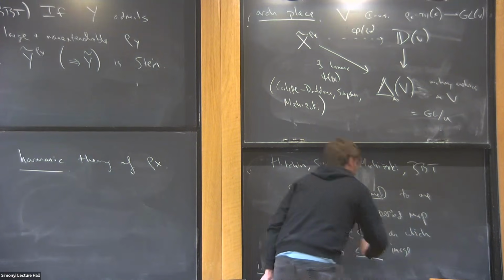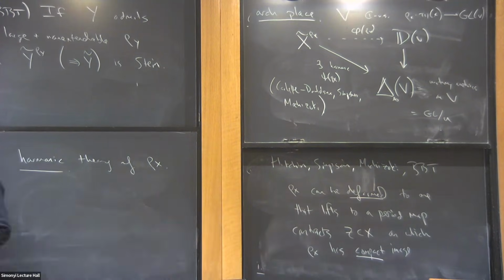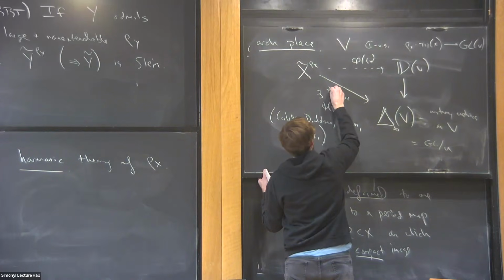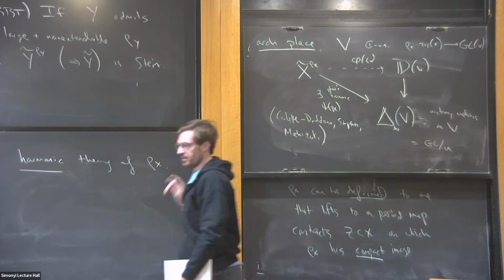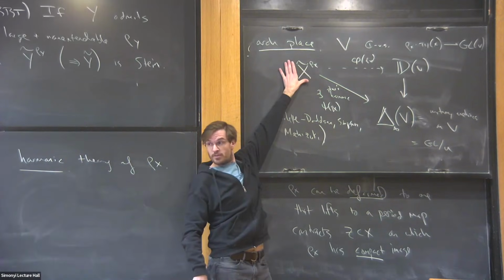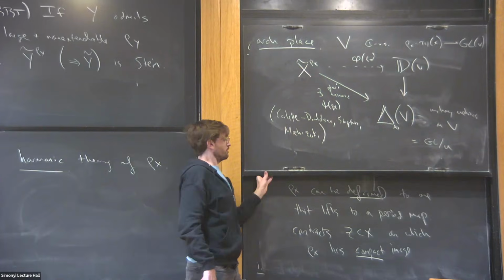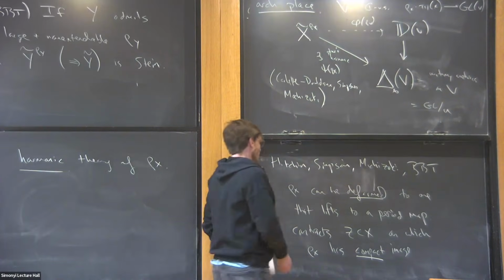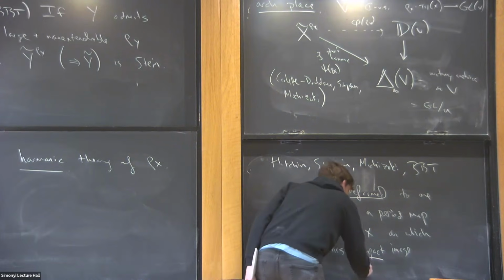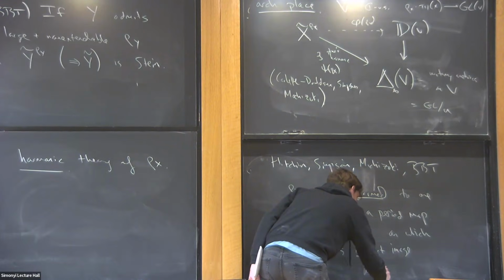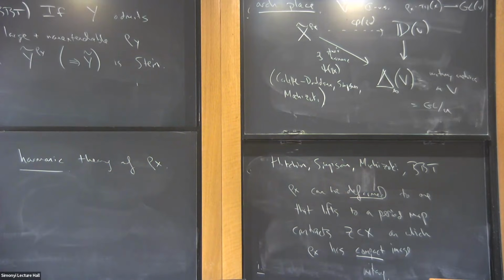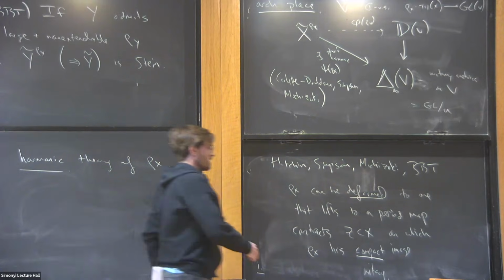To speak of harmonic, you have to put in a Kähler metric. In fact, there exists a pluriharmonic map, which will now only depend on the holomorphic structure. But to talk about the harmonic one, you need to equip this with a Kähler metric. It has compact image, and in this Archimedean case, compact means unitary. So the way you should think about these period maps is they contract subvarieties along which the representation becomes unitary.